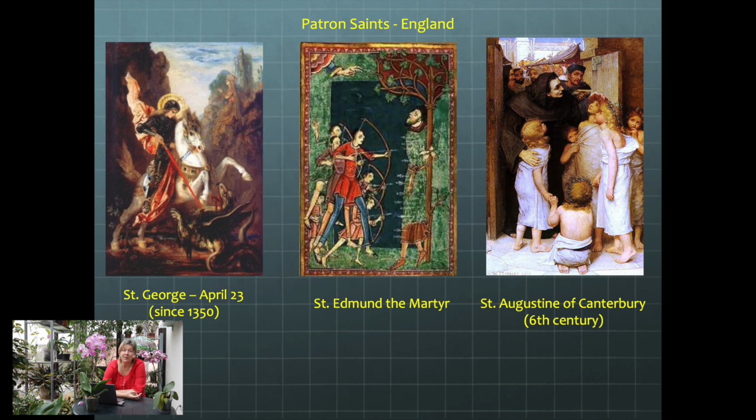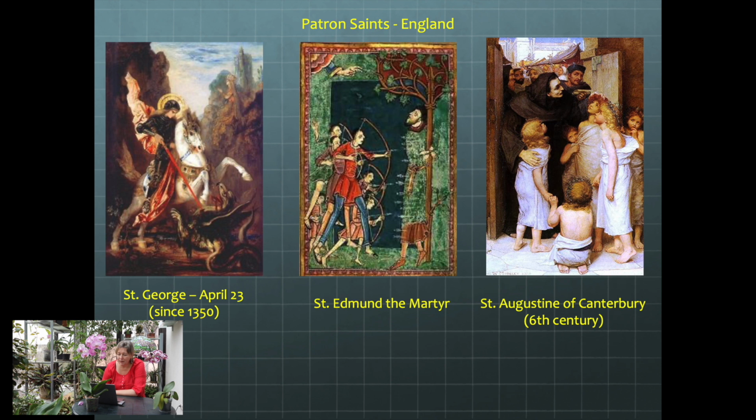But as I said, he has nothing to do with England. He never visited England. None of the stories regarding St. George mention the fact that he visited England, even in the legends. So how did it happen that he became the patron saint of England? The idea behind it is probably connected with the fact that he was the knight. He was the saint connected with knighthood and chivalry. So during the Crusades, he became a kind of patron saint of knights, crusaders, and he was proclaimed to be the patron saint of England in